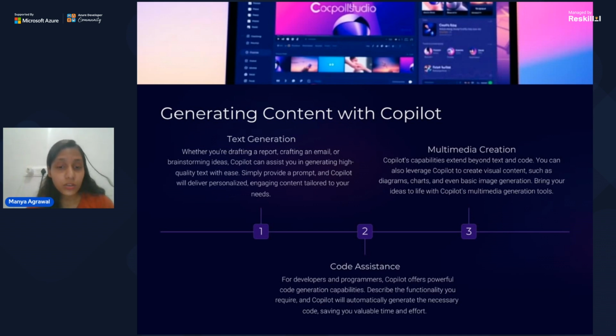Now, third is code assistance for developers and programmers. Copilot offers powerful code assistance for us. We don't have to go to other websites. This provides us very helpful program code. So it is time-saving and very helpful. Now, in the next slide,